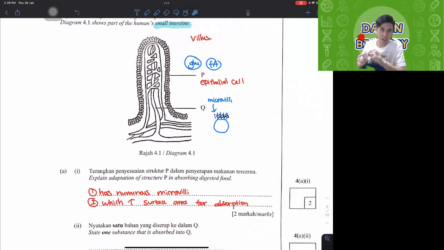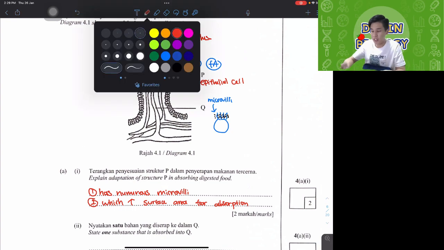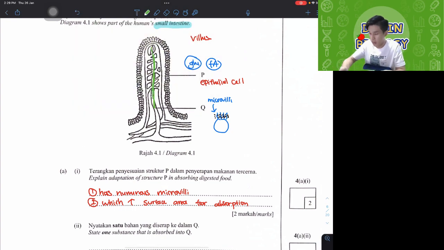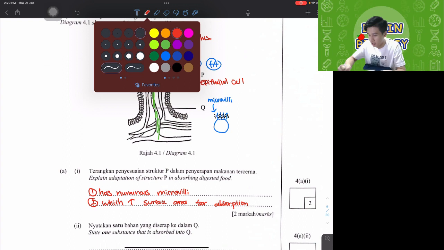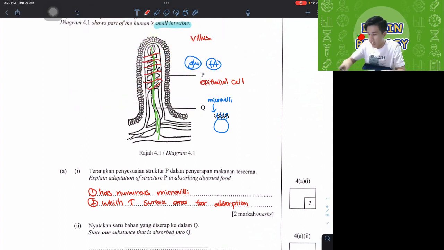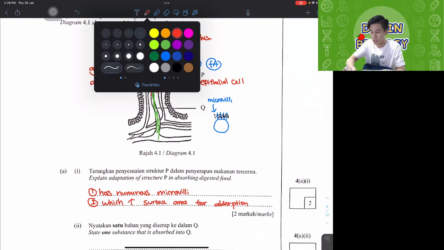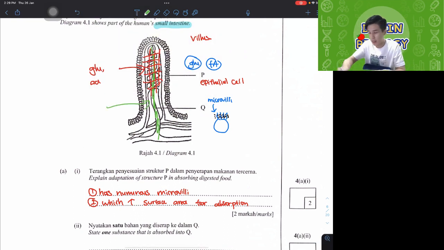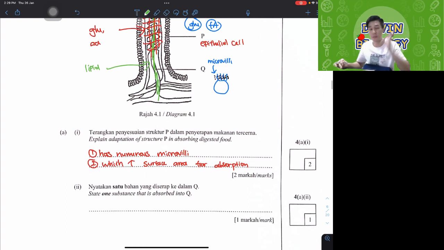Now, after your epithelial cell already, right? Inside your villus, there are 2 structures. You have, okay, I'm going to highlight this in green color, the green color thing in the middle, which is Q. And then you have blood capillaries that surround it. So you got to remember, blood capillaries, they absorb non-lipid substance, which is glucose, amino acid. The green color one is called lacteal, which absorbs basically fats, lipid, fatty acid, glycerol, vitamin A, D, E, K,